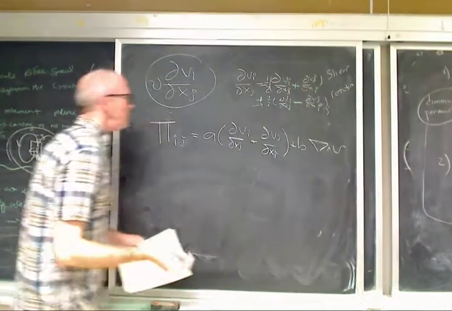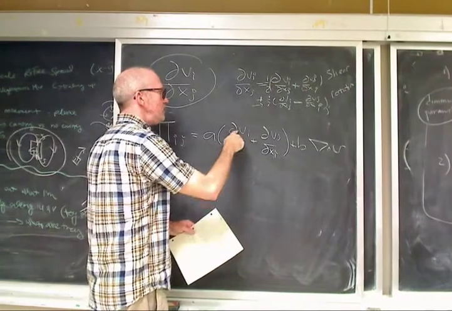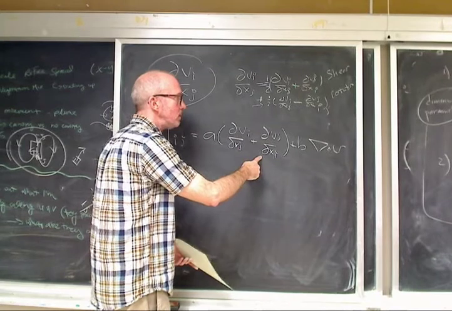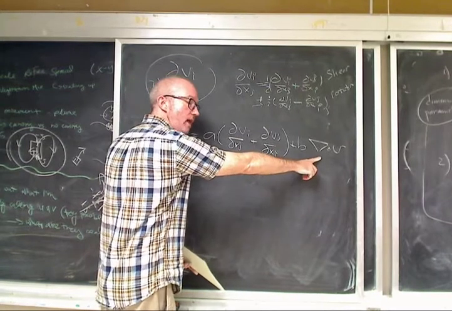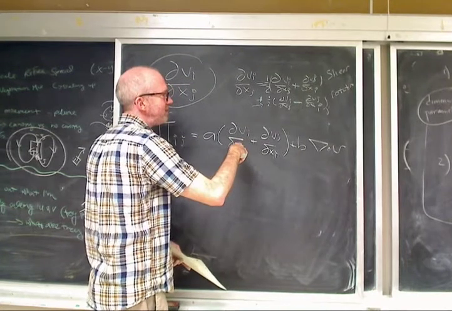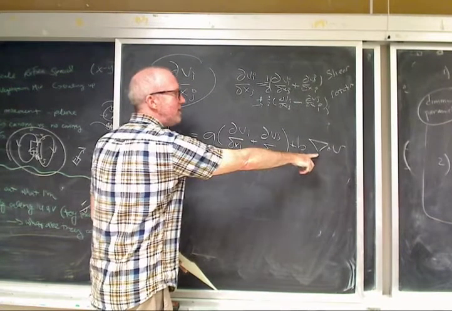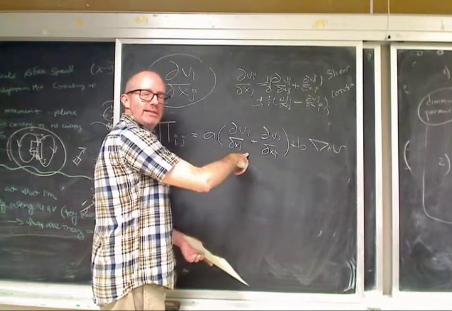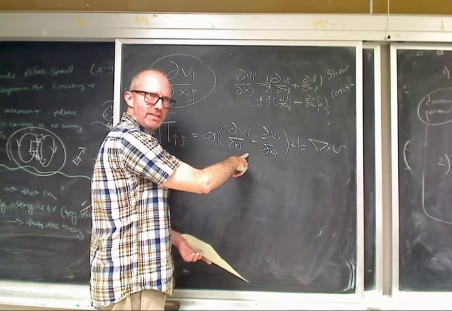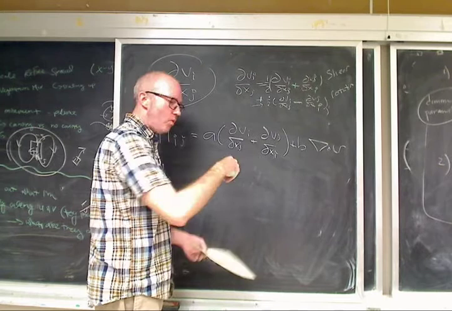So the most general thing we can write is a times dvi/dxj plus dvj/dxi, that's the first symmetric part, plus b times dvi/dxi. This is for where i and j are the same, but i and j are still here. Does that make sense? So when I fill out what i and j is,